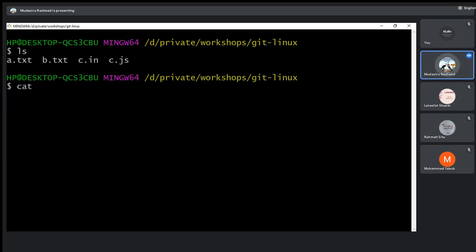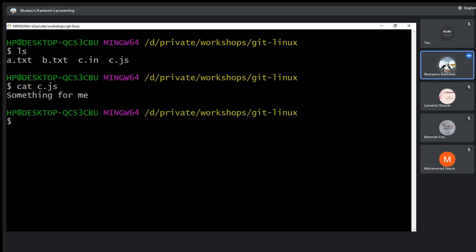So I can cat that, read the file c.js and see whether it will be the same as something that I put there. And it printed out something for me, which is something I put there. So if you use echo without this greater than sign, you just print out what you put in front of it.